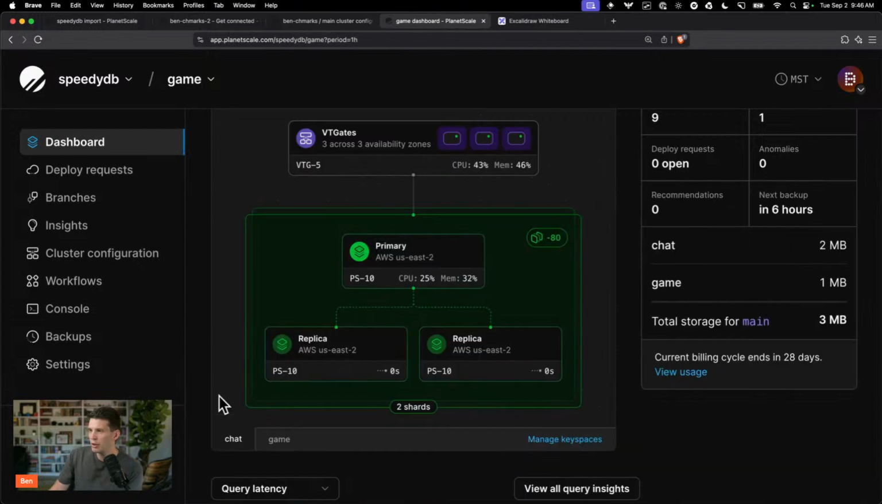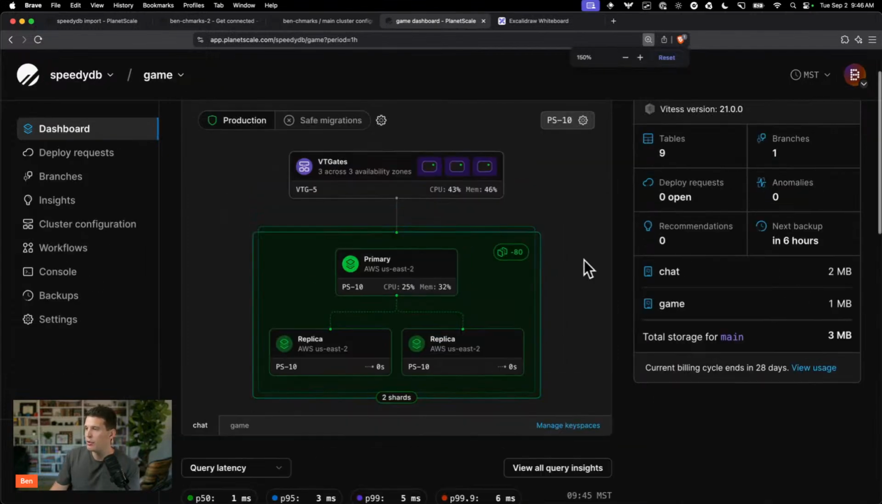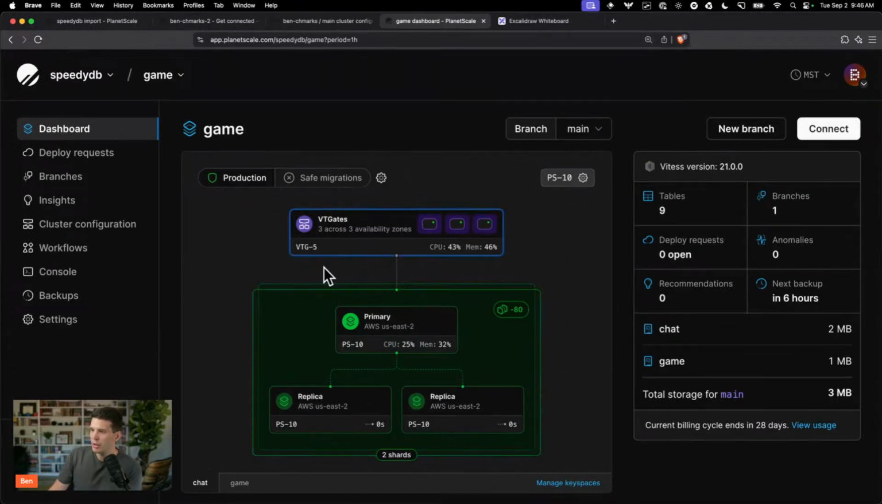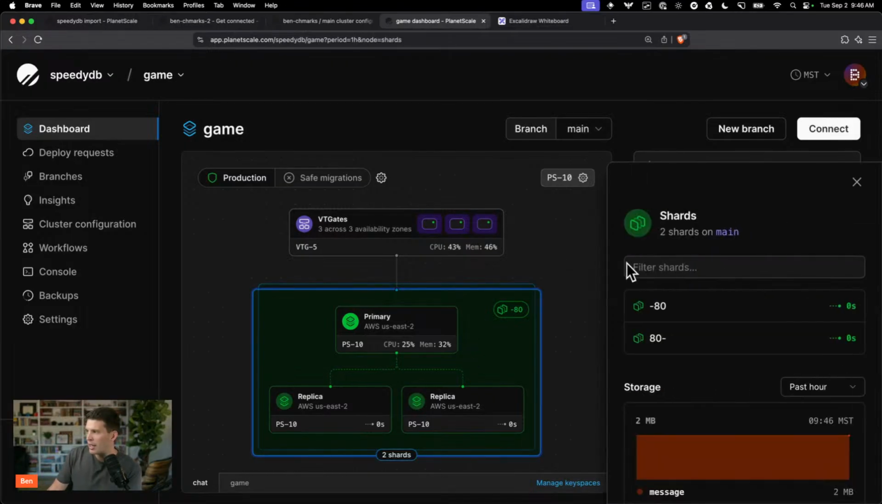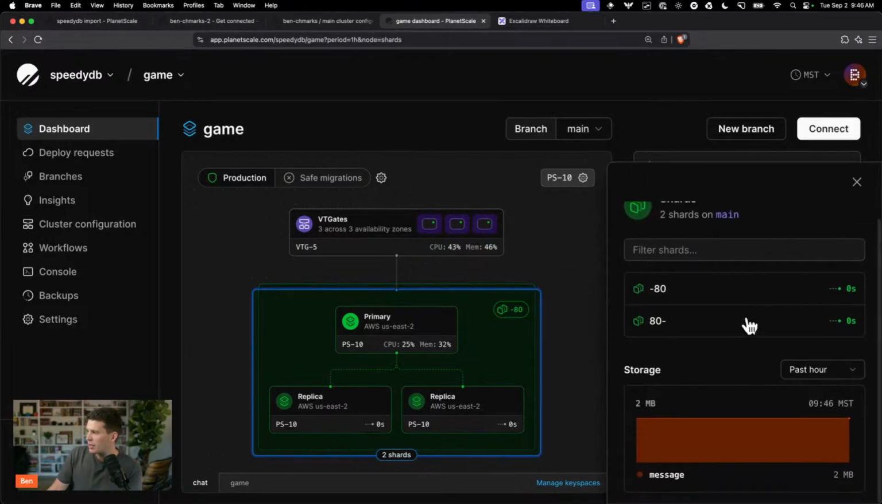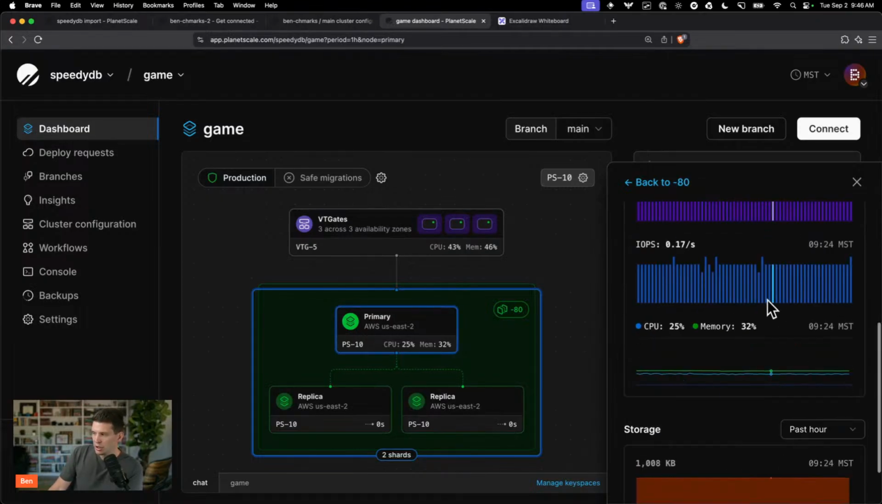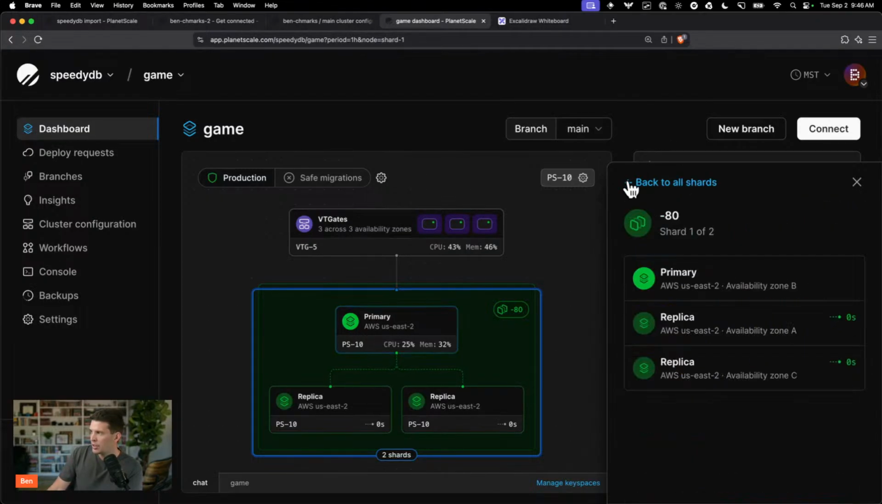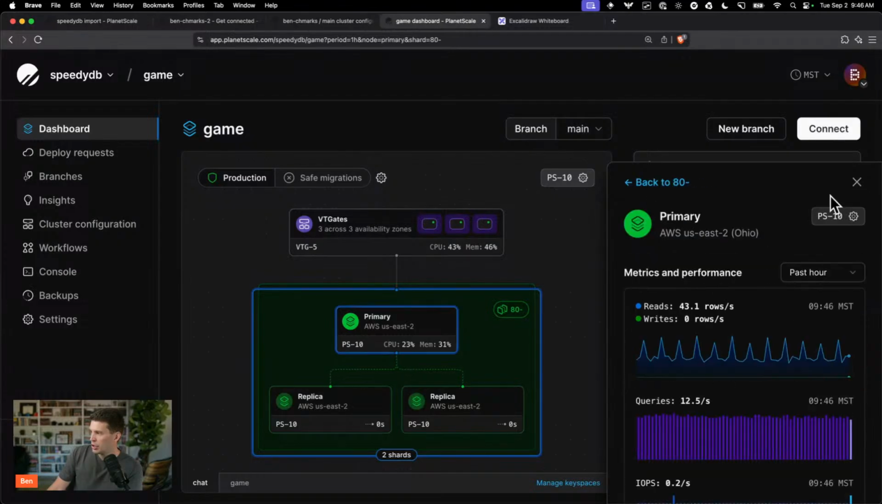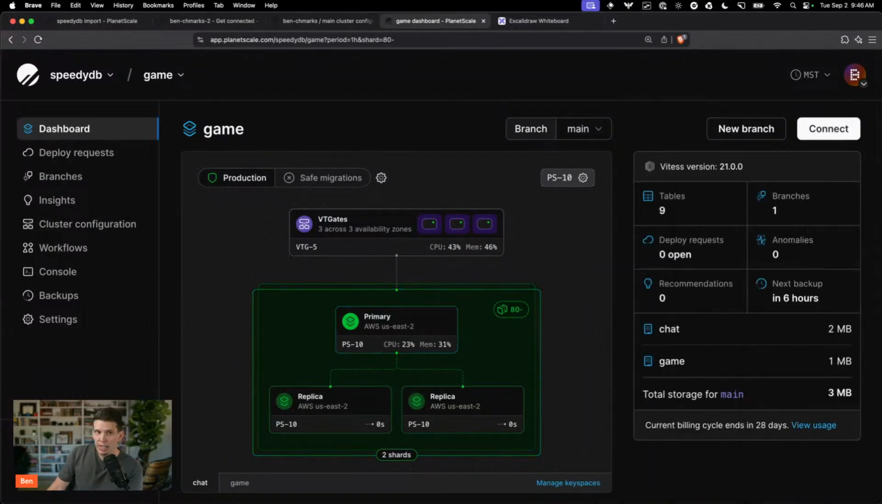But you can also go and look at the metrics for your shards. So this is my sharded keyspace. It's got these two green sharding layers. I click on that and I can see these are the two shards, and those represent what key ranges each is supporting. I'm going to look at my first shard, look at the primary, and make sure resource usage is good. We could go do that for my other shard. And the other thing we could do too